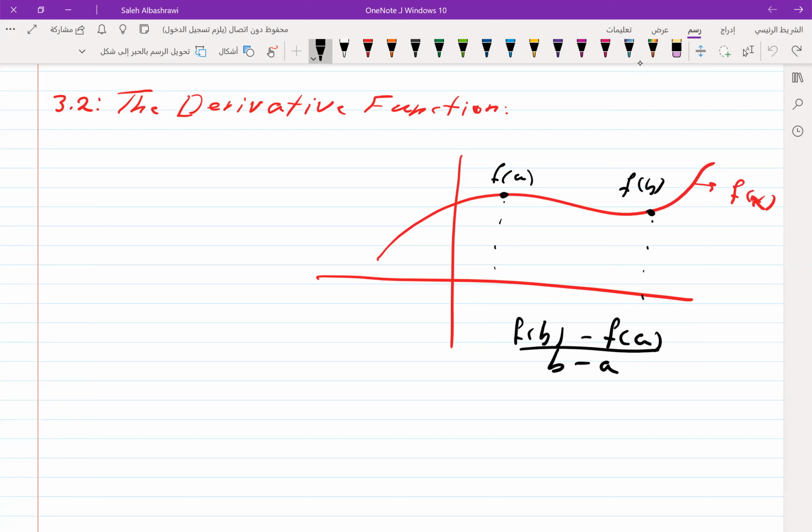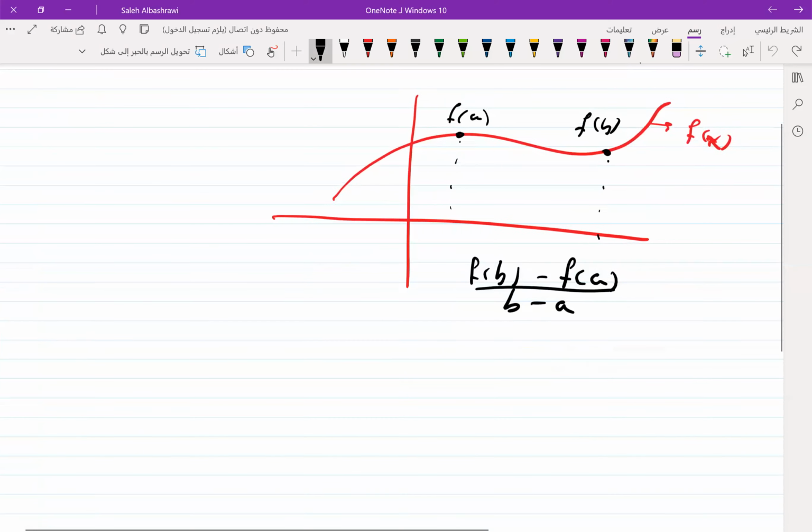If b minus a is very small, if the difference between b and a goes to zero, then we call that the instantaneous rate of change, or the derivative of the function. So the derivative of the function will give me the rate of change of the given function between two points. This is informal. The formal definition,